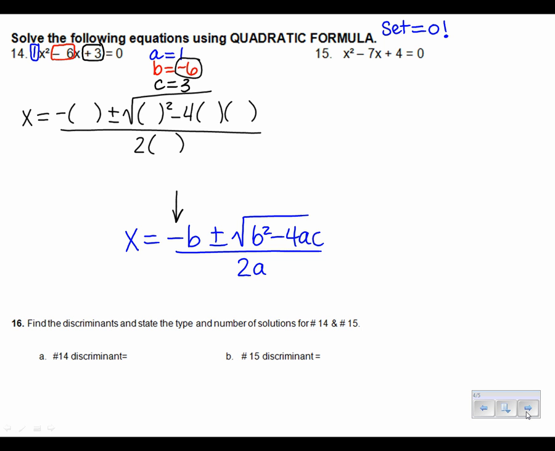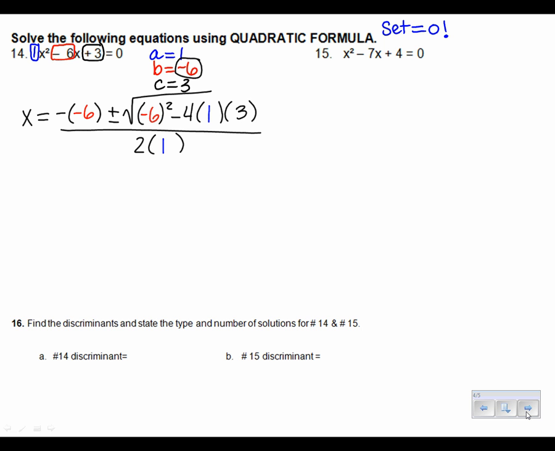So I go plug in my b, which is negative 6. I plug in my a, which is 1, and my c, which is 3. Okay, and just like I was saying earlier, when I simplify this, because x equals opposite of b, negative negative 6 makes a positive 6,